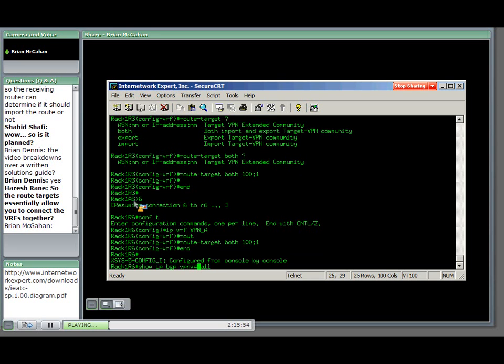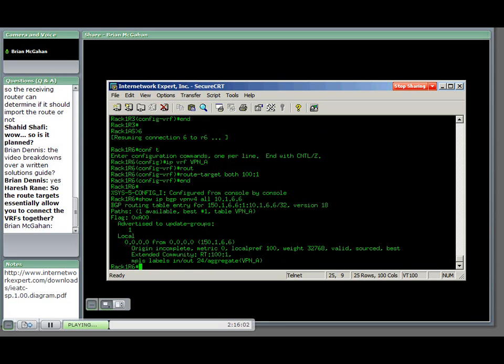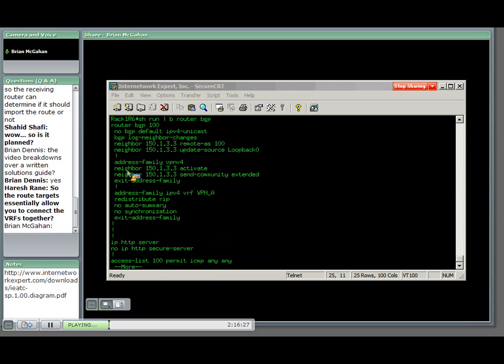Okay, now if we look at the show IP BGP output, let's say show IP BGP VPN all, VPN v4 all actually, and we'll look at our local loopback here, 10.1.6.6. Okay, it says that it's locally originated by us. The extended community that is tagged onto this is the route target 100:1. Okay, that's what we define as our route target policy. If we look at the running configuration,